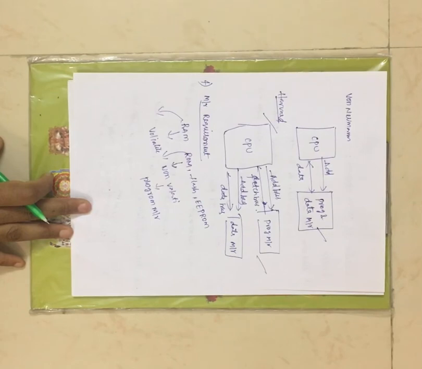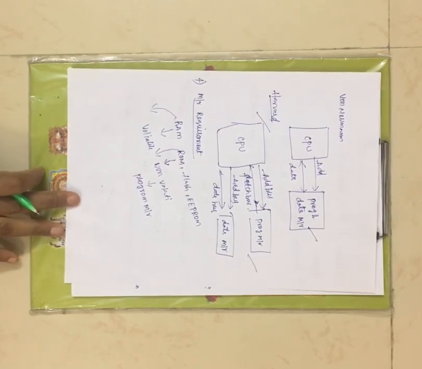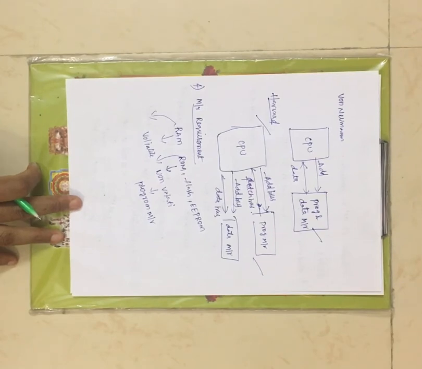Now the third factor is here you have to select a microcontroller with the Von Neumann architecture or Harvard architecture that is suitable for your application. That means you have to choose whether a microcontroller with the Von Neumann architecture is suitable for your application or not, or a microcontroller with the Harvard architecture is suitable for your application, that you have to find. But basically Harvard architecture is preferred, right? You can simply go for Harvard architecture, because here you can fetch the program and the data at a time, hence the processing speed is also high, right?